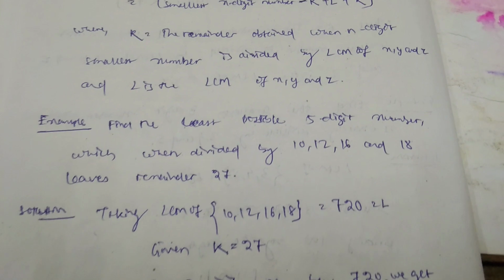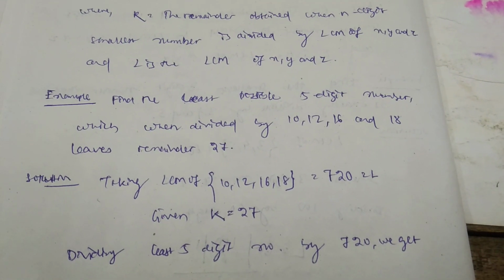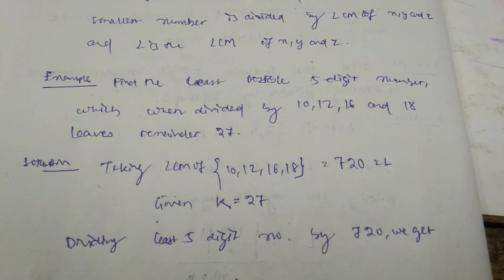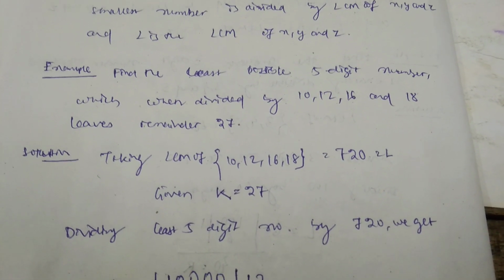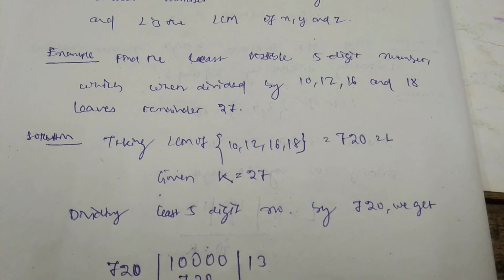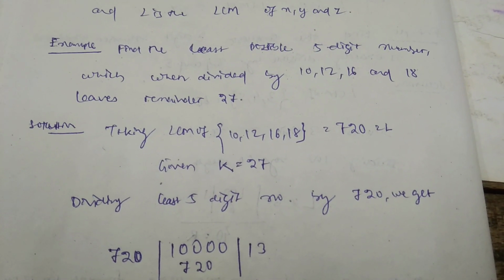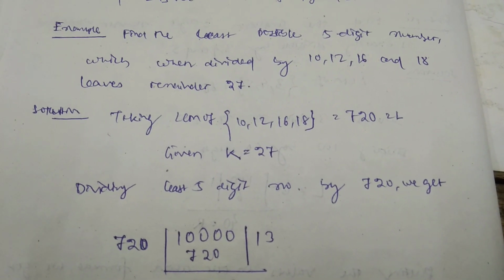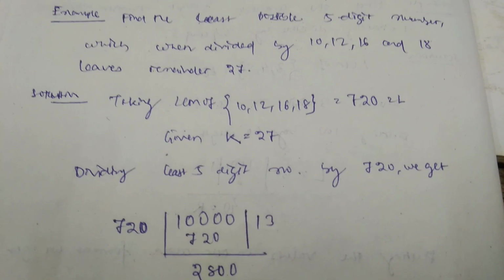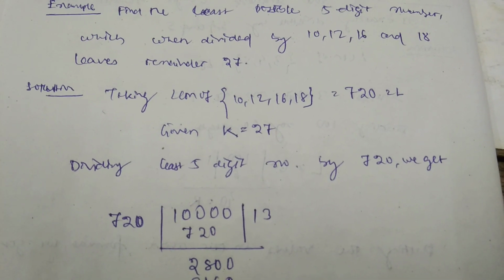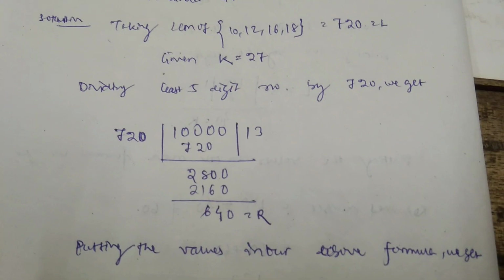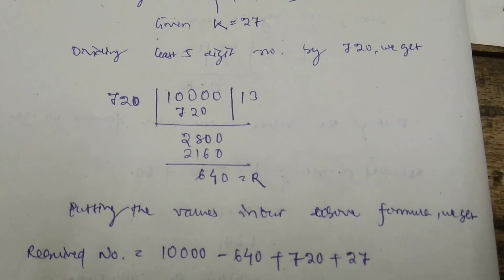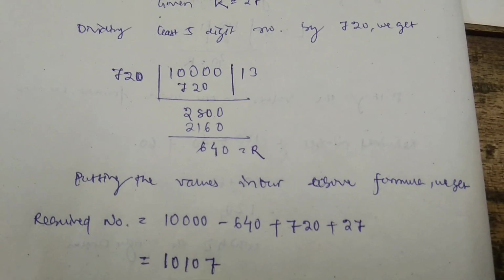For example, find the least possible 5-digit number which when divided by 10, 12, 16 and 18 leaves remainder 27. Taking the LCM of 10, 12, 16 and 18, we get 720, which is L, and we are given k, that is 27. Dividing the least 5-digit number by 720, we get a remainder of 640. Putting all these values in the above formula, we get that